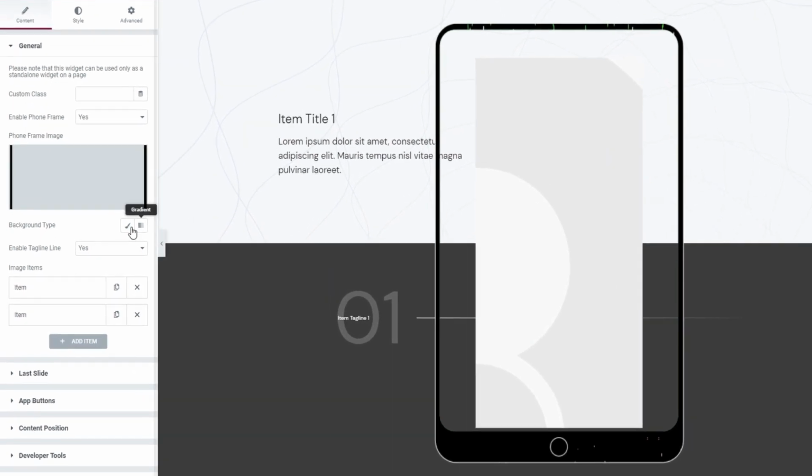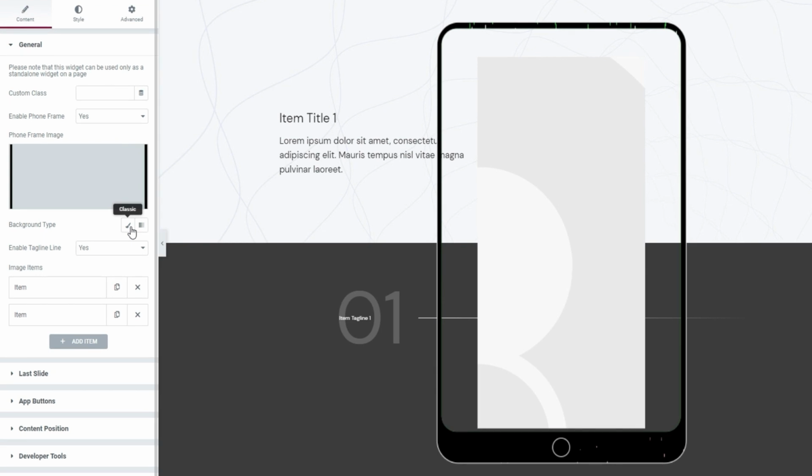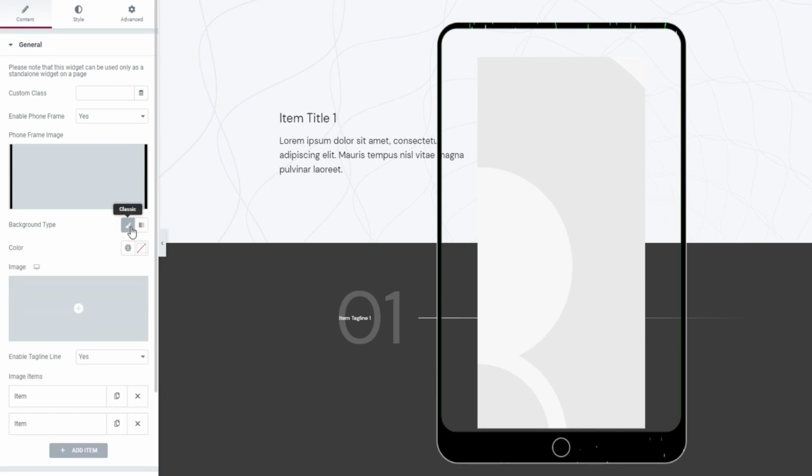As part of that, we have the background type option. I'll click on the first of the 2 buttons here, Classic. The background type allows us to pick what the top half of the slider will look like. Or the top in the first slide, it's going to keep switching places with the other half as we go through the slides. And the background type that I opened, Classic, is for setting a single background color or a background image. I plan to add an image using this